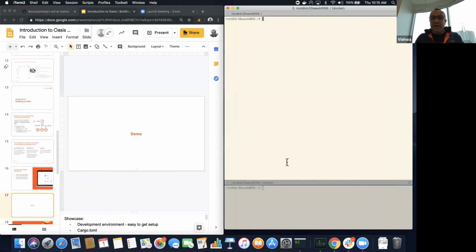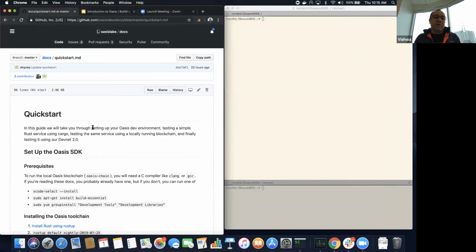For this, let's use the quick start guide. This is another thing that I wanted to mention. We have a bunch of documentation that will help you get started. The best place to start is the quick start guide, where we walk you through how to set up your environment to be able to build and test pure Rust programs before you actually turn them into a service that can run on top of our platform. And then we have other documentation that we will also make available. In fact, that I think will happen soon enough after the meeting, I would expect.